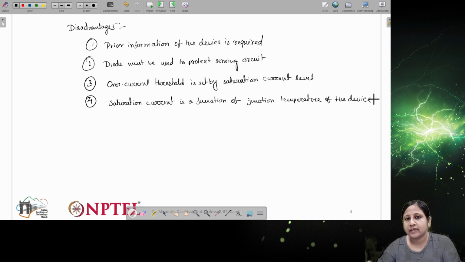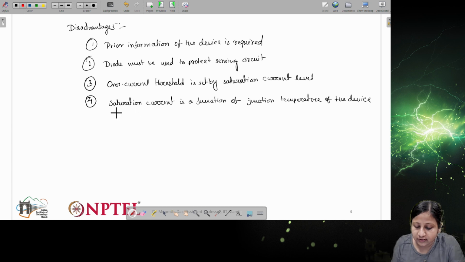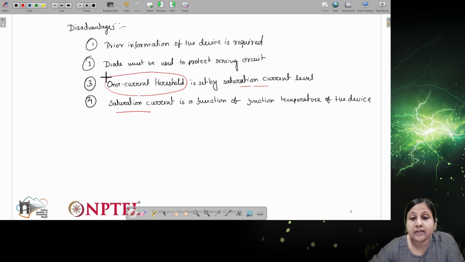Now, if for some reason the ambient temperature is changing, or during the operation the device junction temperature is changing, then what will happen? This saturation current will also change, right? If the saturation current changes, then based on this current level, the threshold which is set for the control block should also change.